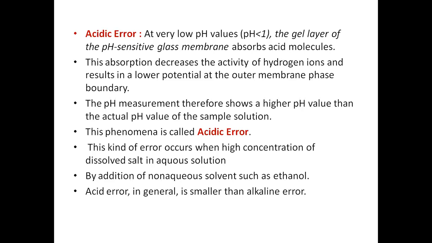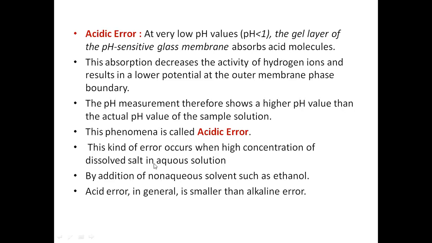So when we measure the pH, we get a false result. A lower potential will occur here, and if the potential is low, pH will be high, because both are inversely proportional to each other. So that is called an acidic error. This pH measurement therefore shows a higher pH value than the actual pH value, and this is called an acidic error. And this kind of error takes place when we use